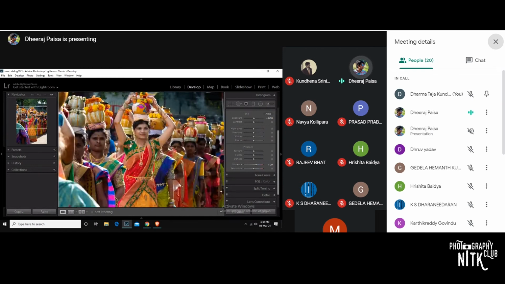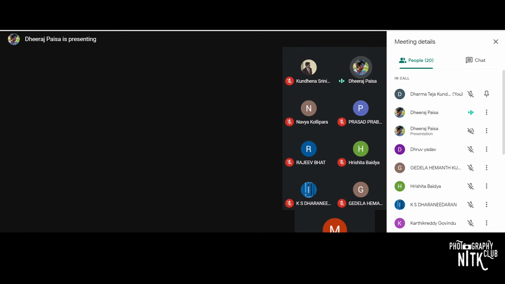If you want to smoothen the skin, we can use the adjustment brush. Use this adjustment brush and draw strokes over the area where you want to make the edit. Check the mask overlay.